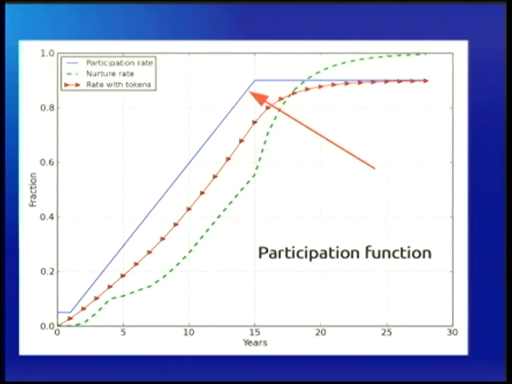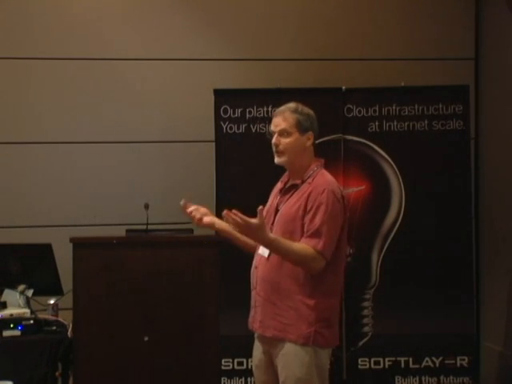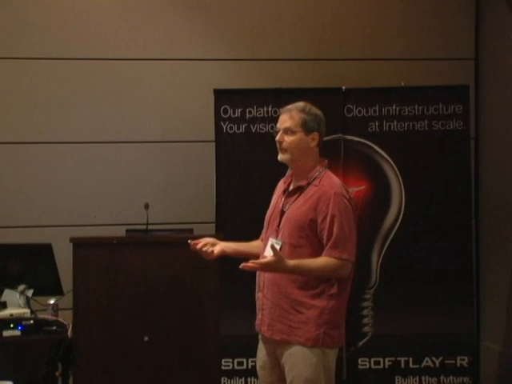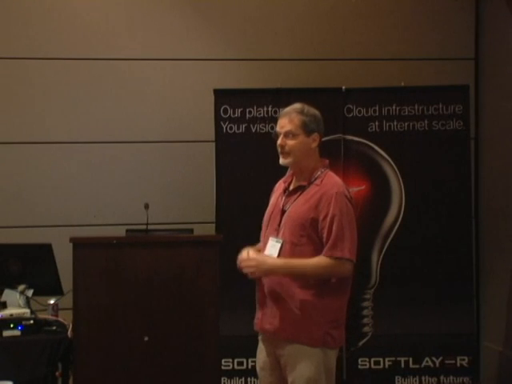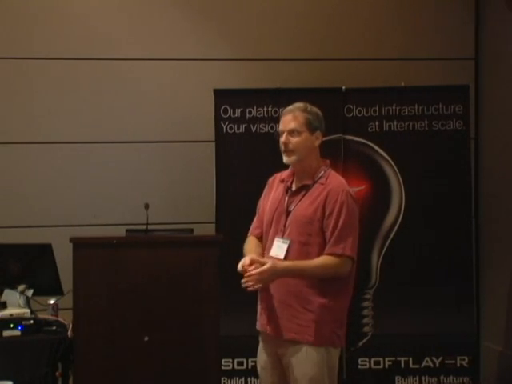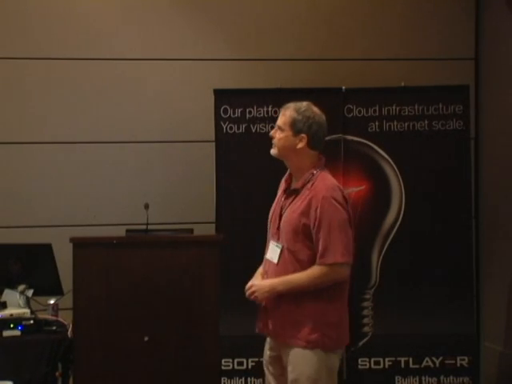This graph shows the participation function. In year 0, 5% of the local population participates, and then that grows linearly over time up to 90% in year 15. And one might wonder, why would 90% of people in a local population ever join this thing? It's because they are essentially promised an income gain. So it's in their best financial interest to join this system because they will see an income gain. And that income gain will be particularly large for people who start with very low incomes, because their income will be brought up higher and faster than someone who already has a relatively high income.